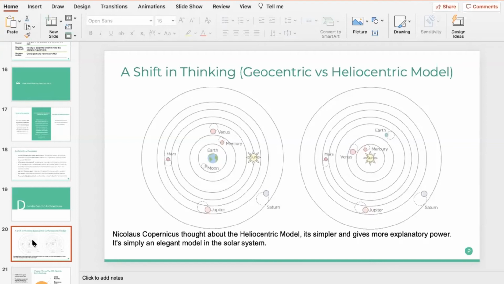But later, Nicolaus Copernicus came and brought in the heliocentric model. He realized it's not the Earth that is in the center, instead it is the sun which is in the center, and everything is revolving around it. So he changed the model from a geocentric to a heliocentric model, basically. And when he moved to that, everything we were thinking aligned to this model. So why I want to use this example here is,